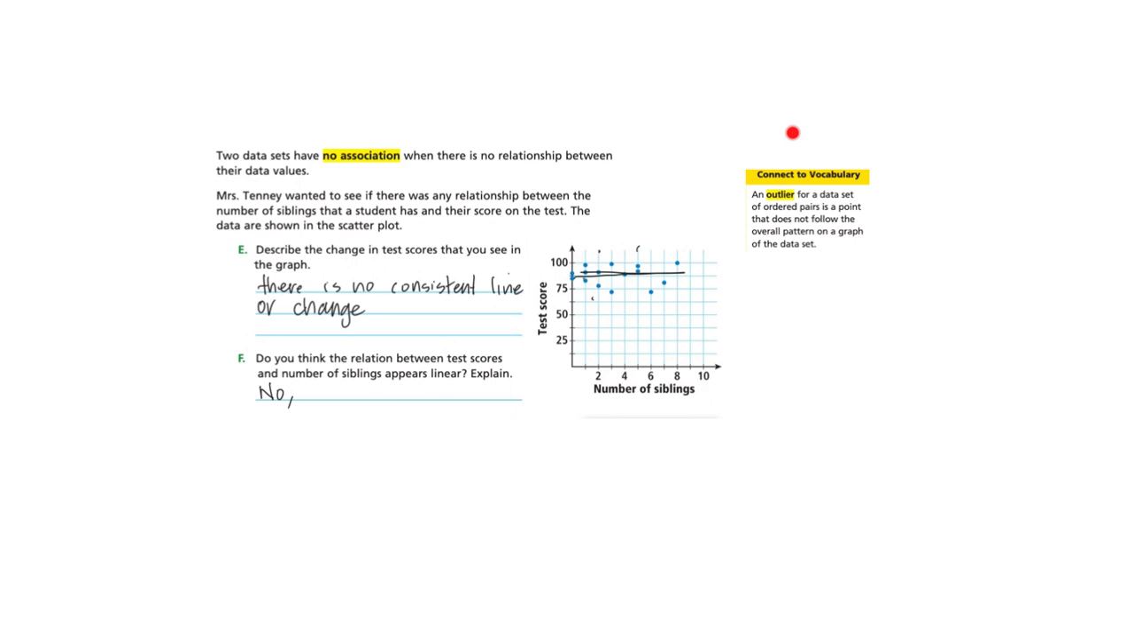So what you would say for this, and you can say it in a lot of different ways, is any line I draw has too many outliers, or too many points that are far away from that line. So that's the build